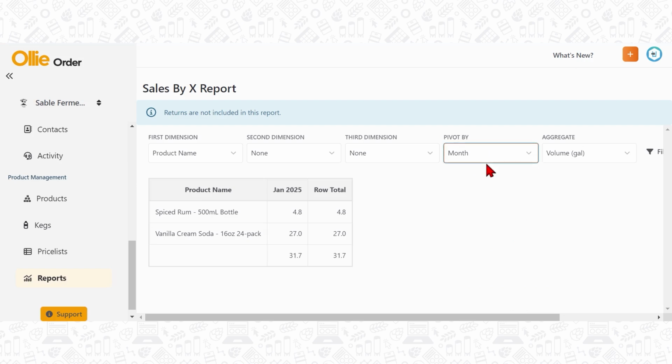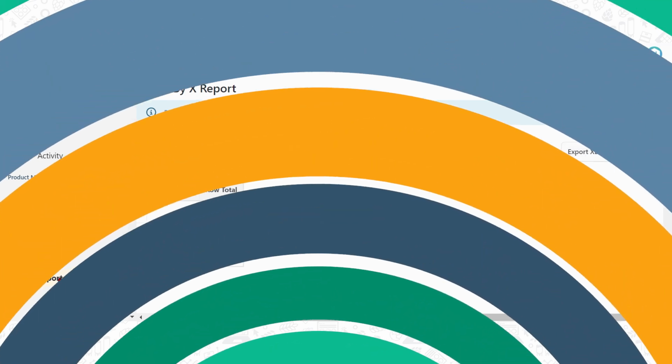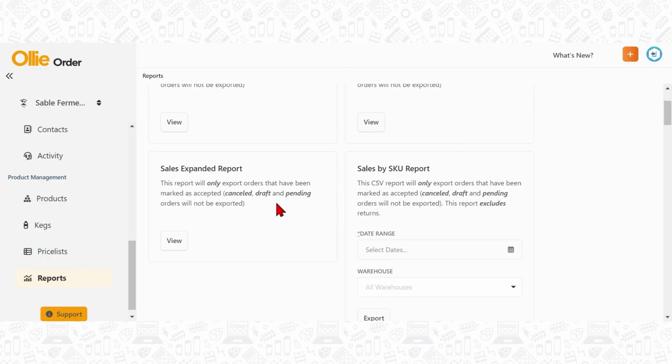I'm going to look on a week-by-week basis. I don't have a lot of information. The year just started here today, but we can see all those different totals being applied. And then all of our different reports can be downloaded to a CSV or an Excel file if you wish to manipulate it further. Outside of the Sales by X report, we have things like a sales summary, sales expanded,